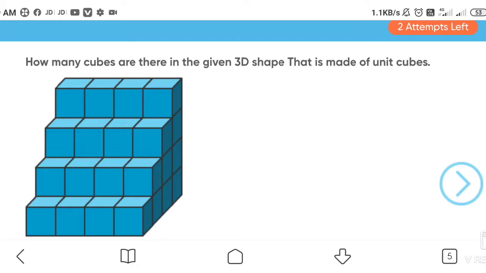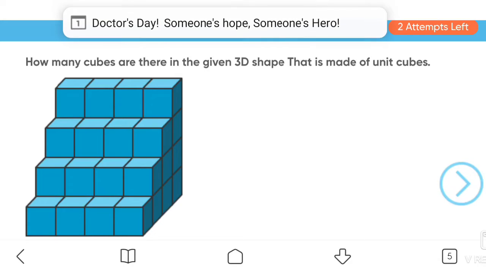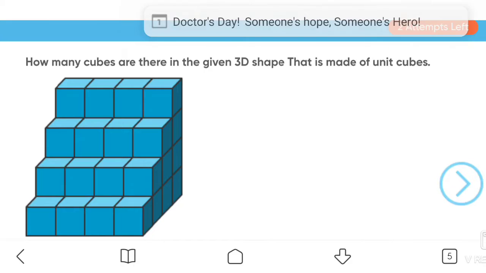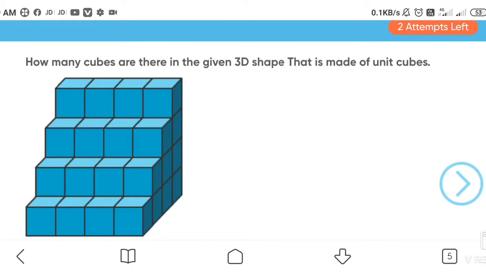Now I am taking some examples from your FunTut app. Okay students, now you can see here the question is, how many cubes are there in the given 3D shape that is made up of unit cubes? Okay, we have to count how many cubes are in this figure.